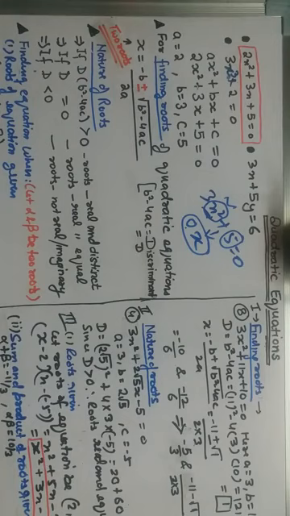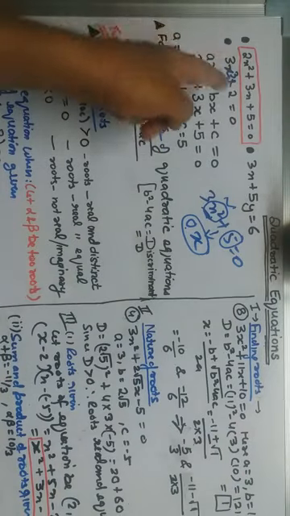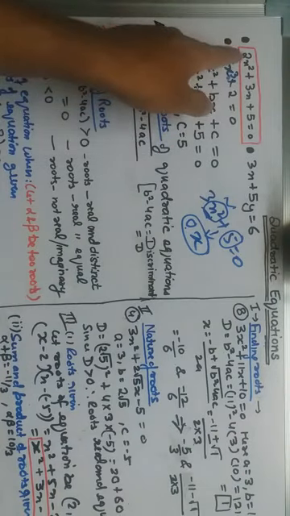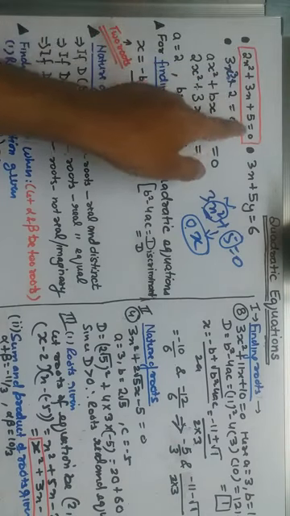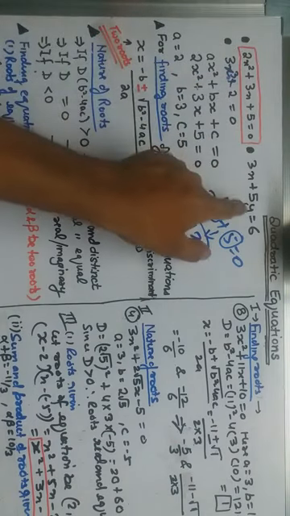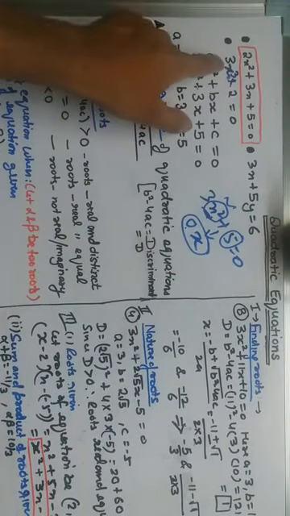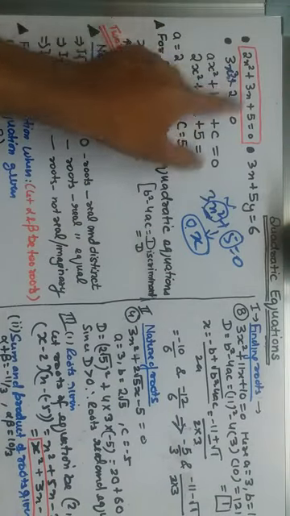Now there are many types of equation: linear, simultaneous, and all that. Like we have written these three equations. Among these three equations, we can see that one equation has an x square term, an x term, and a constant term, and another has x, y, and a constant term. The third has x to the power 3 and a constant term.